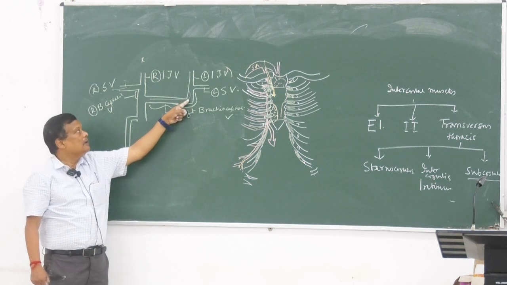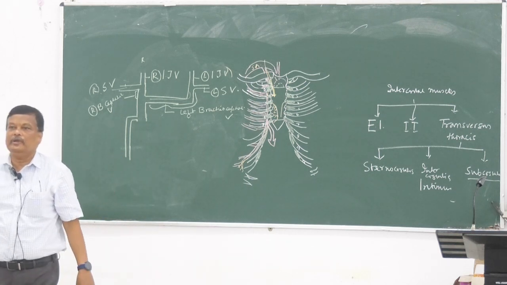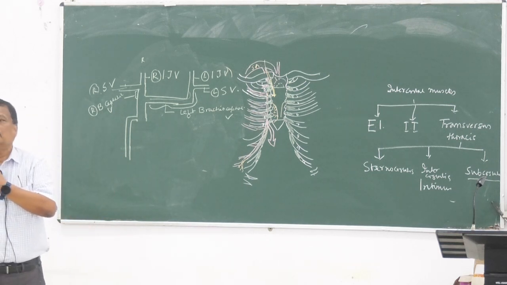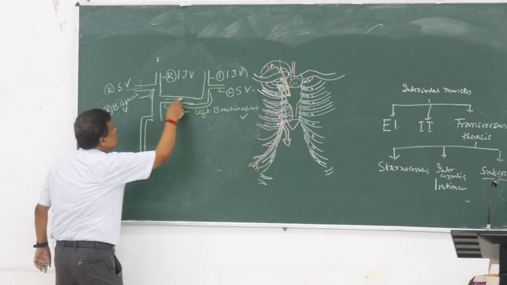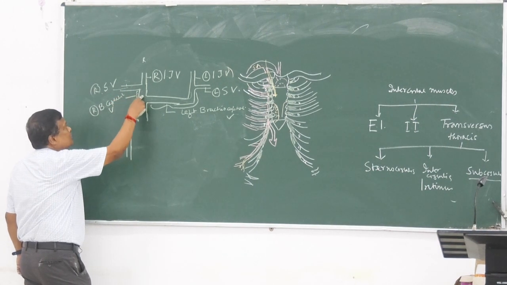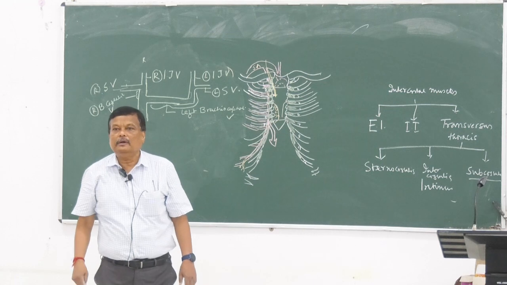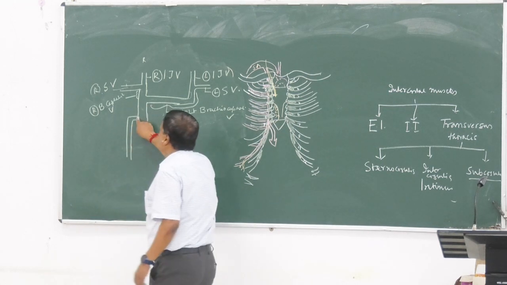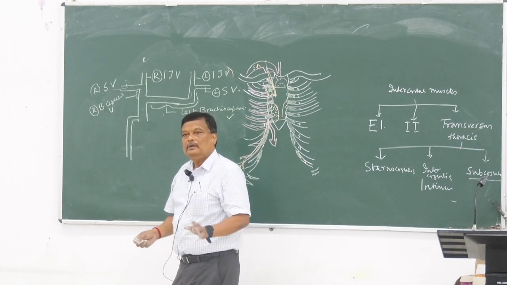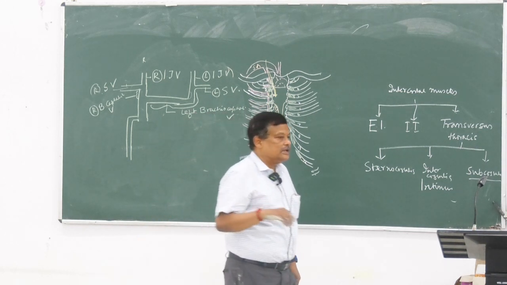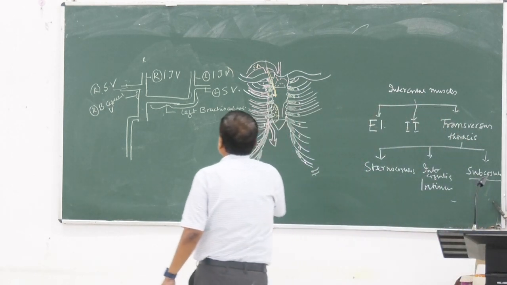Left subclavian vein is longer because they must drain into the superior vena cava, and superior vena cava is present in the right side. So they long, it goes and ultimately join with the right brachiocephalic vein to form the superior vena cava. And in the lower of the superior vena cava there is the arch of azygos vein. এটা এই স্কিমেটিক ডায়াগ্রামটা তোমরা বাড়িতে আঁকবে।